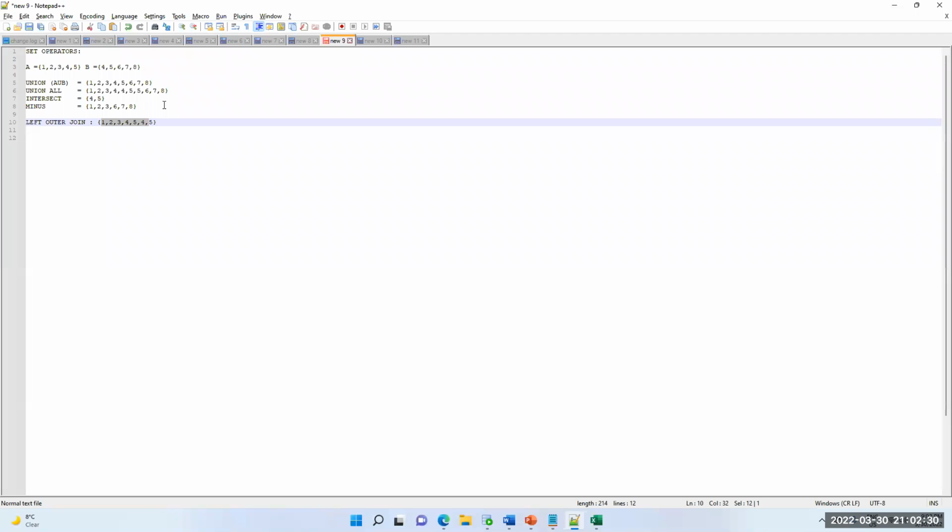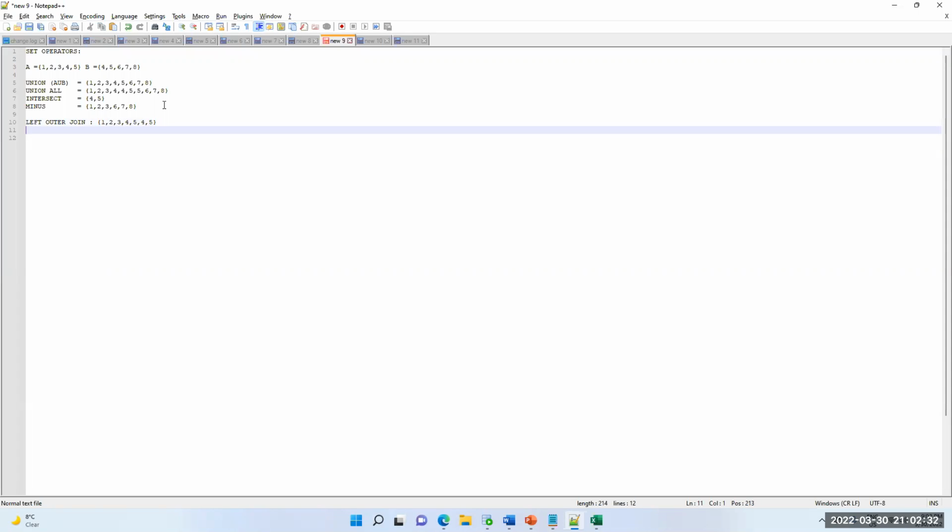Okay. Right outer join. Matching records from the left table and full records from the next set, the B set.